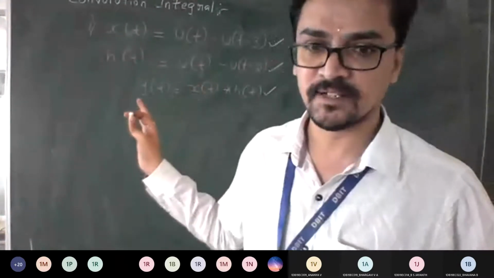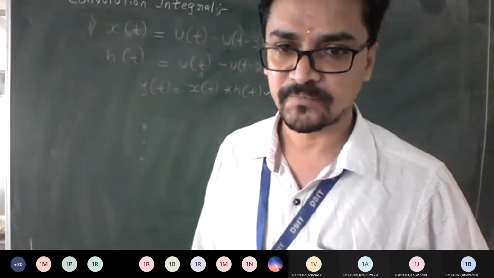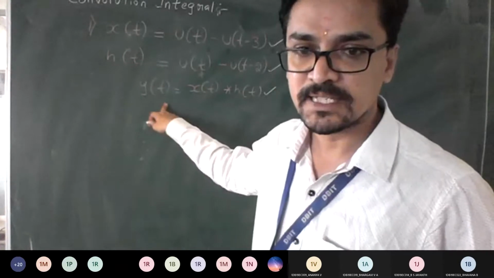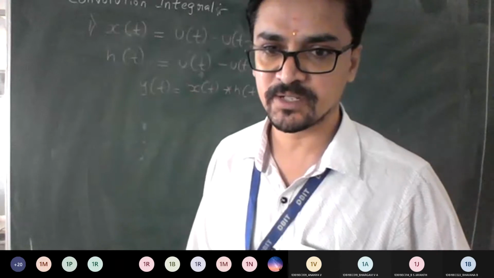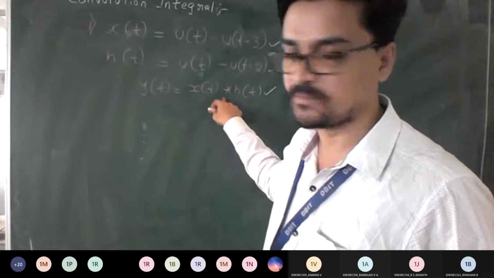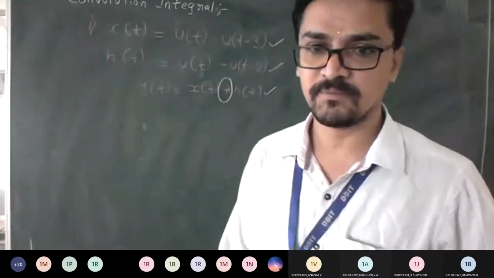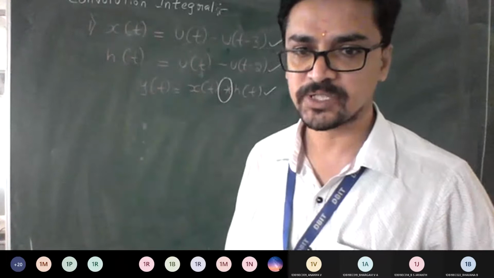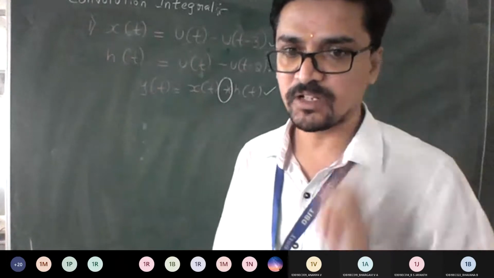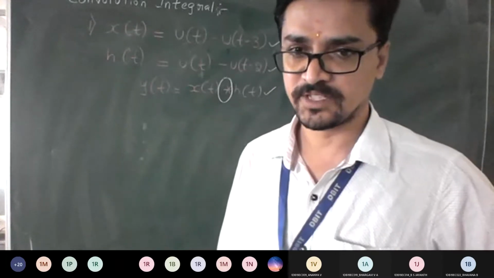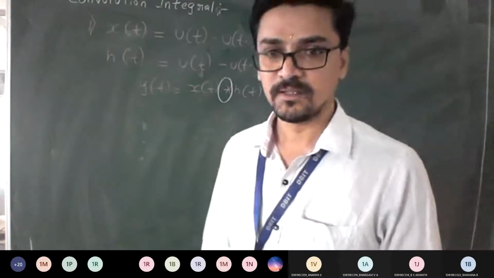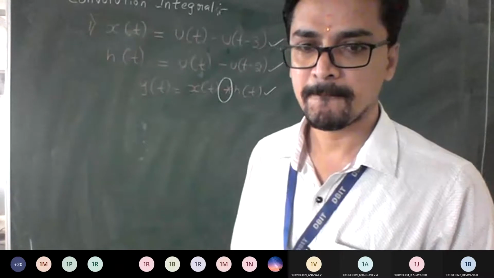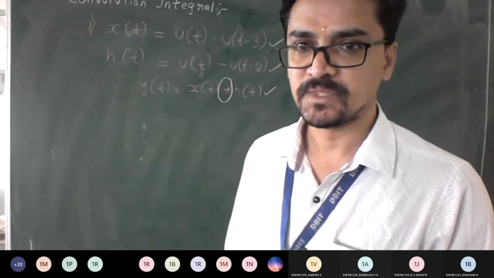Nothing else is given, which means it's understood as a part of convolution integral. Since it is with respect to a CT system, continuous time, it's understood even if they don't mention it in the question. By seeing this symbol only, convolution integral is understood. You can see here, this is a convolution symbol. So just make a note of the question. We'll proceed the way we solved the previous problem. Is it okay? The question everyone understood, right, till here? Just make a note of the question. Shall I proceed?